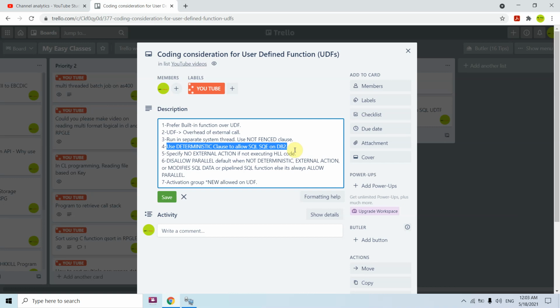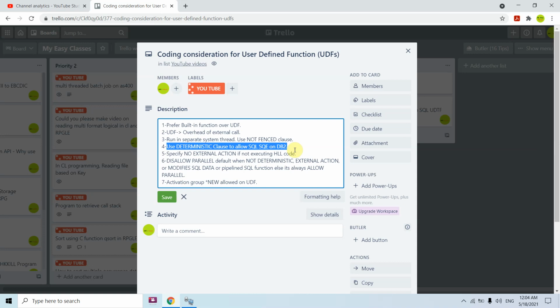The other thing is that we now have external functions. I will surely create a video on external user defined functions in the future. We have a concept like activation group in UDF as well, which allows us to use star new. Whenever we are creating an external UDF and making an external call from the IBM i, we must not use star new, because it impacts performance negatively.